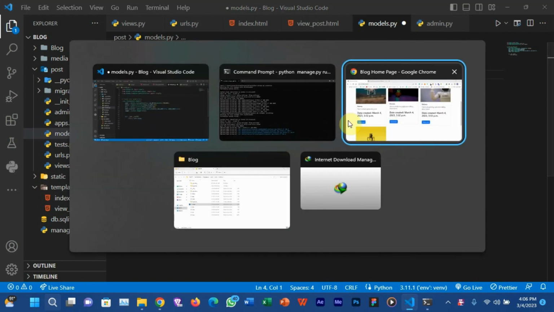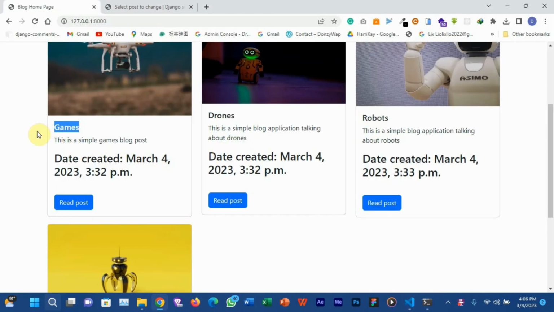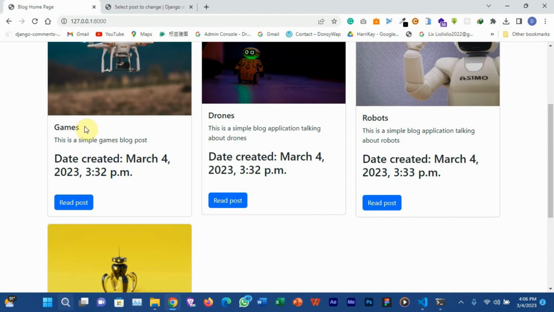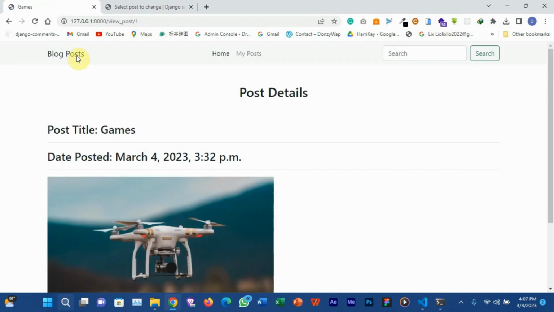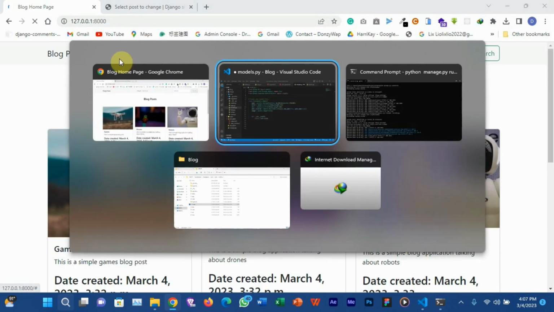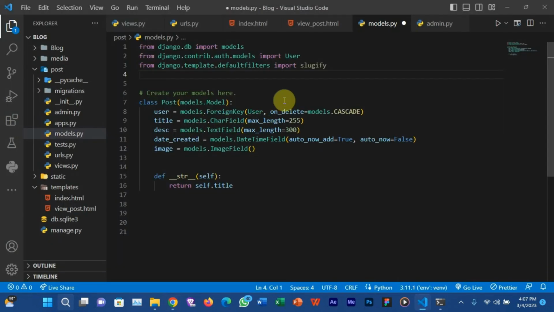As I said, if the user uploads a post with the same title, we need to add some random strings to it so that I don't get errors. If posts exist with the same slug field, it'll be difficult for us to read more details about that particular post. That's why we are using the get random string here. It will be generated automatically anytime a post exists with the same title.